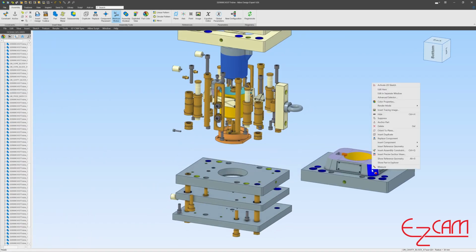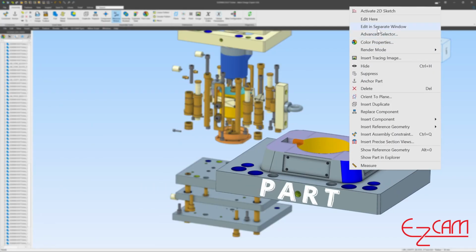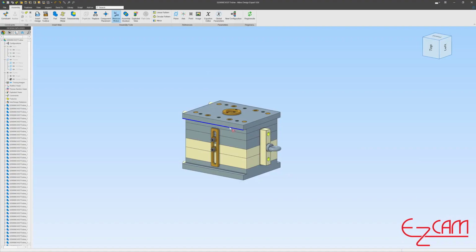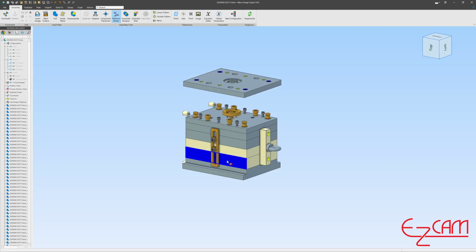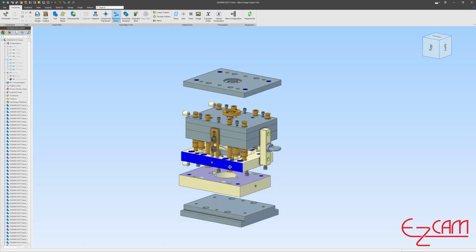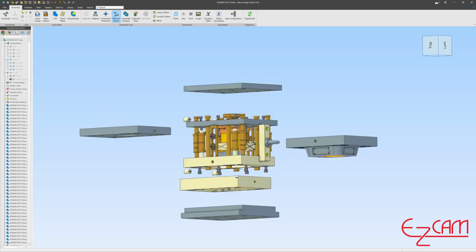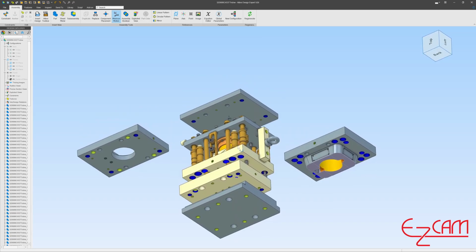Important, you are not required to transfer all these elements into the CAM environment for every operation. We want to emphasize that. Let's now show how to transfer a part into EasyCAM. It doesn't matter whether the model is your own design or comes from an external assembly file. Once opened in Alibre, you can make all necessary adjustments and isolate the required components.